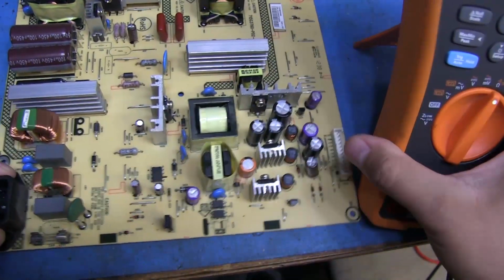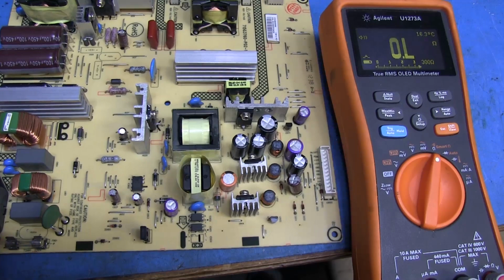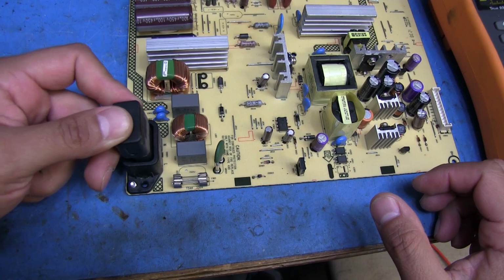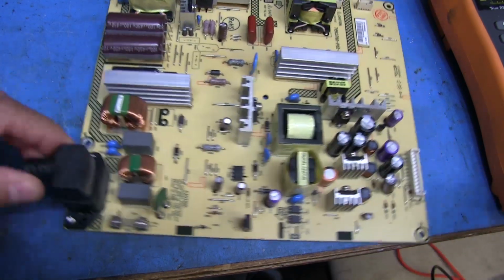Hopefully there's not. And let me get this in view here so you can see it. Well, let's plug it in first, make sure that fuse doesn't blow. So here goes, and it's in. So that should be fully